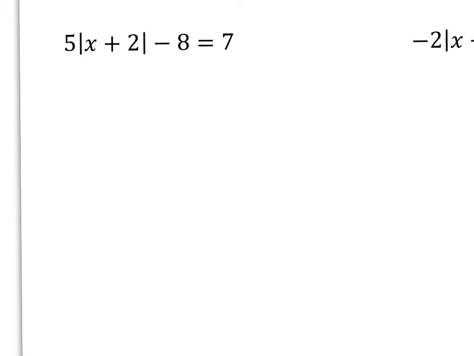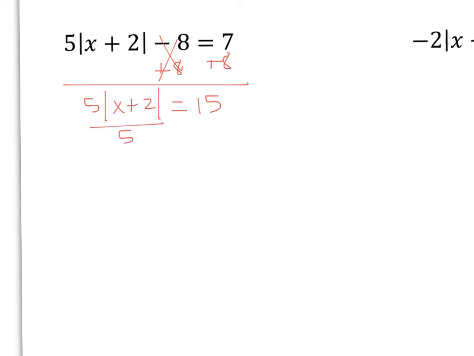I have a lot I need to do here to isolate the absolute value. The first of which, I am going to add 8 to both sides. And when I do that, I get 5 times the absolute value of x plus 2 equals 15. And again, I need to continue to isolate that absolute value. So I'll divide by 5 and get the absolute value of x plus 2